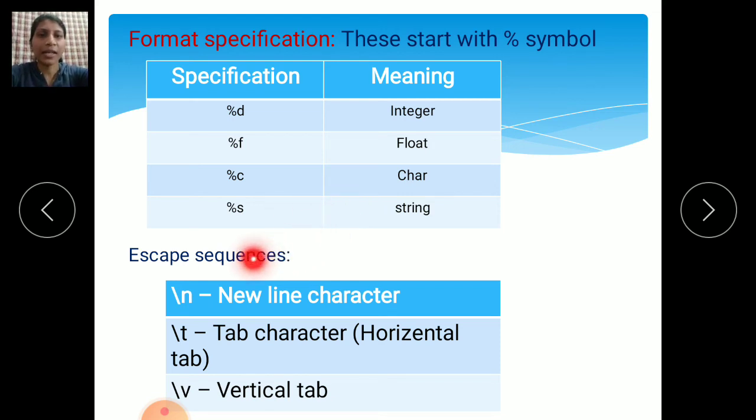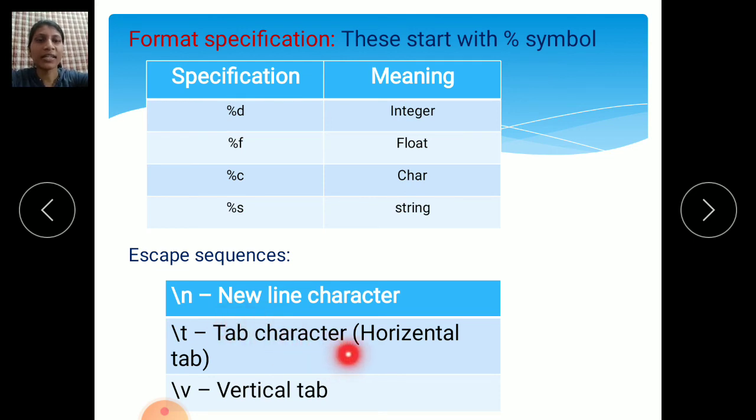Then escape sequences. See, these escape sequences we also use in our program. So \n, what is the meaning of each escape sequence? \n means new line character. If you want the cursor to come to a new line, use \n. \t, what is the meaning of \t?